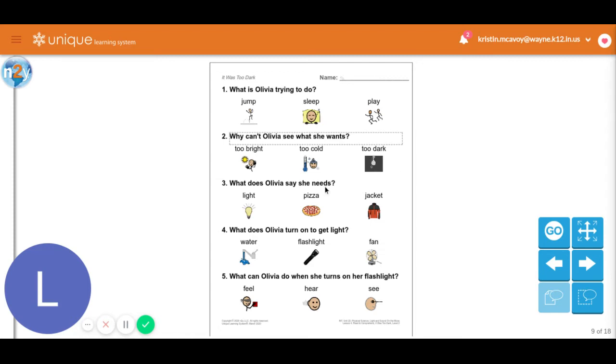Number 3. What does Olivia say she needs? What did Olivia say she needed in the story? She kept saying, I need a blank. I need what was it? Did she need a light? Did she need a pizza? Or did she need a jacket?